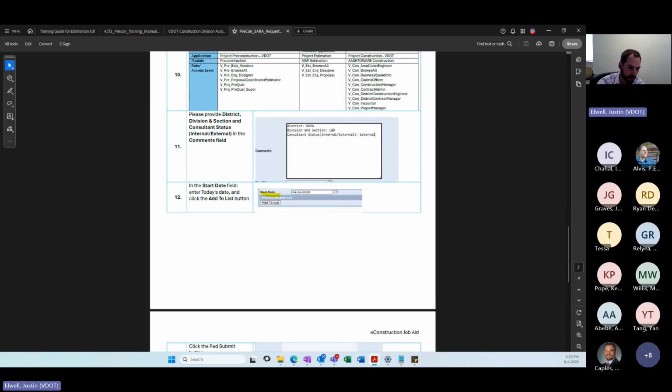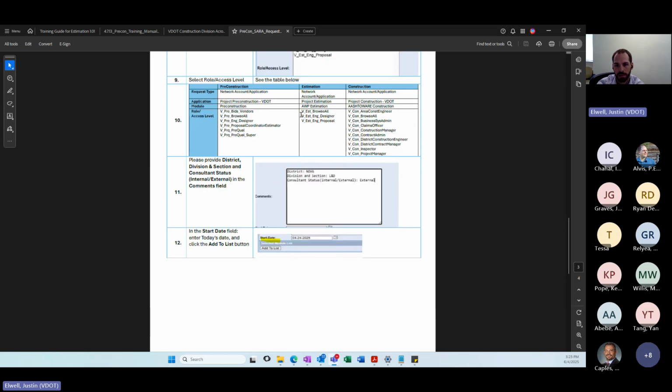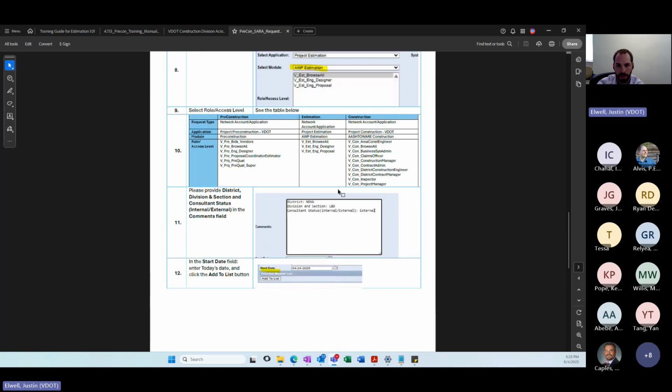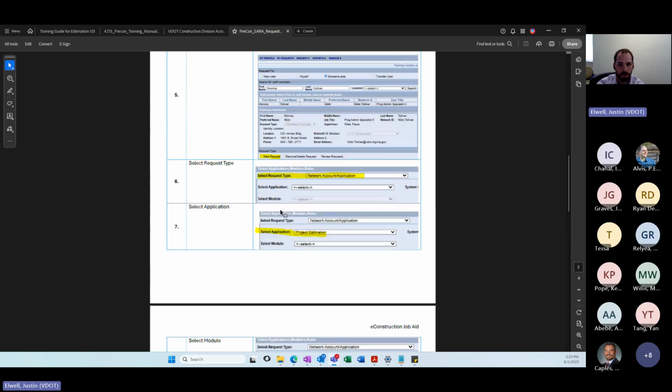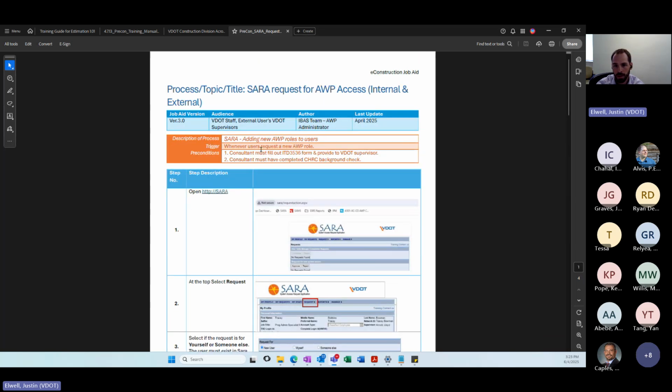But for 99% of the people on this call, it's going to be the VEst Engineer Designer role to submit that. I'll make sure to include this job aid with that follow-up email so that you have access to it and can reference it when you have new employees join.